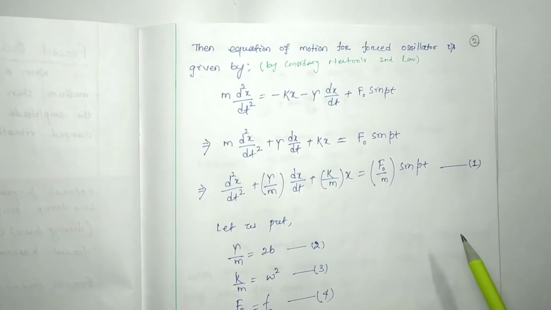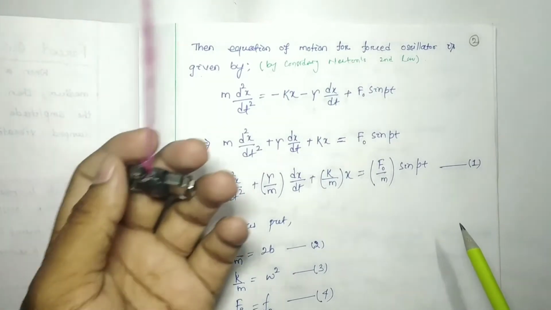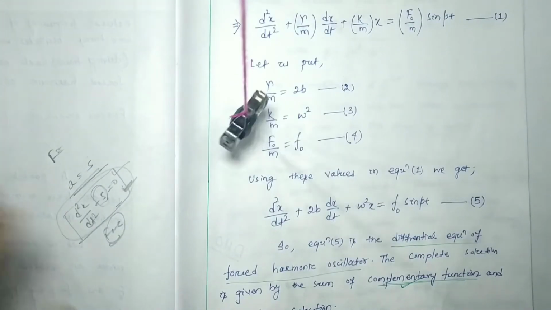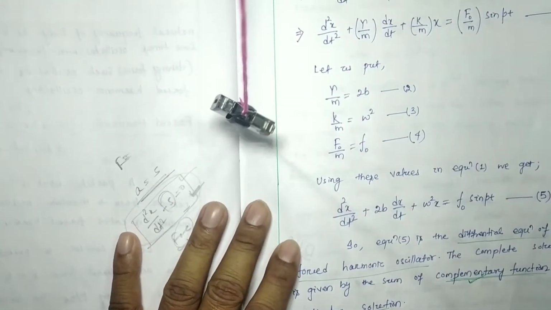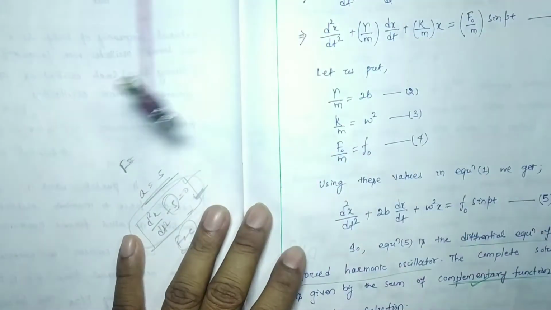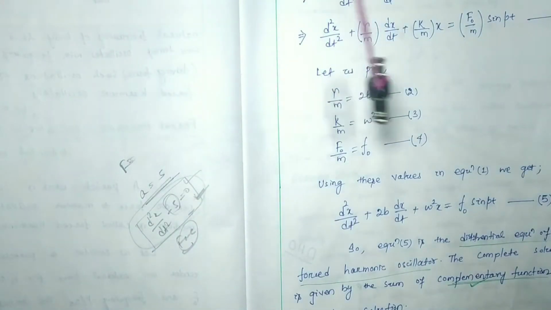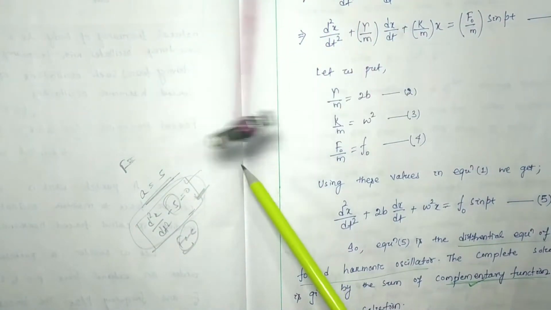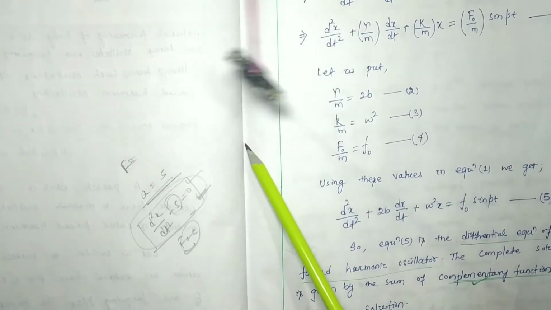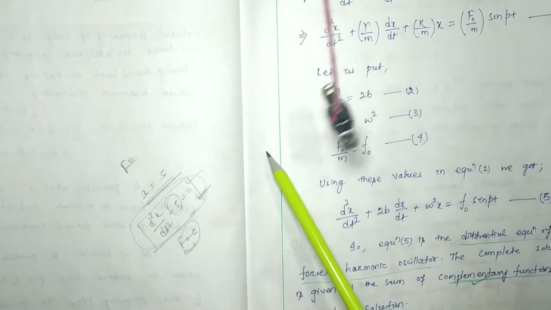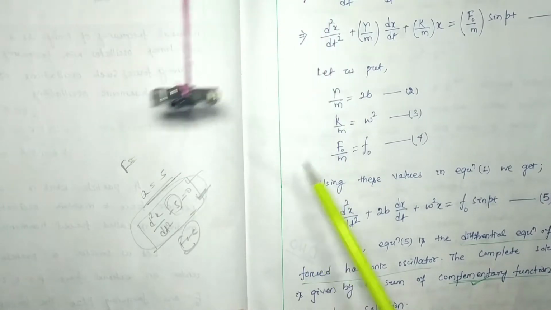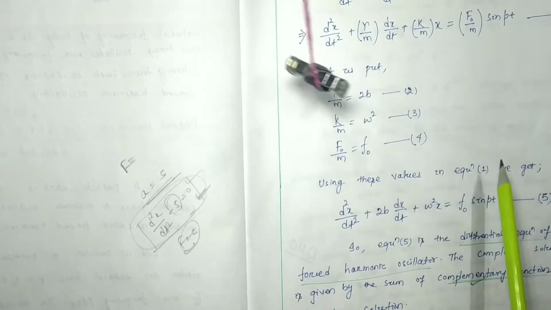Just watch. Actually, suppose an oscillator like this starts to oscillate in a resistive medium. Suppose I drag this one and leave it, then it starts to oscillate. Let this be your mean position, just mark this line. It starts to oscillate, but in the meantime its amplitude gradually decreases and it comes to rest after some time.